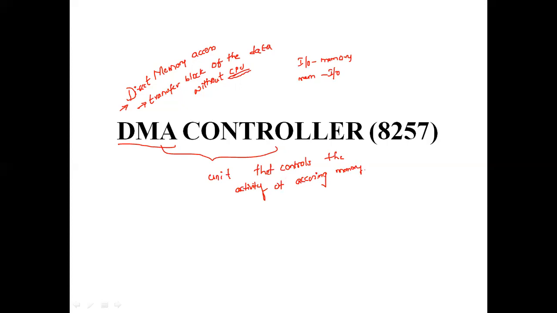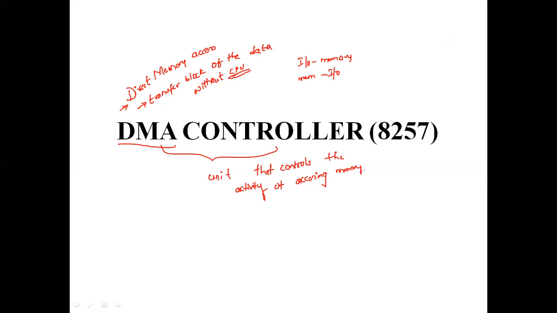DMA is the one which is used to transfer a block of data without the involvement of the CPU, and we can transfer a bulk amount of data. Why are we not involving the CPU? If the CPU is involved, it is going to take much of the time, and we can't transfer a bulk amount of data at a time. So in order to transfer bulk data, we make the CPU completely idle, taking the control of the buses from the CPU. Then the CPU becomes the slave and the DMA becomes the master.